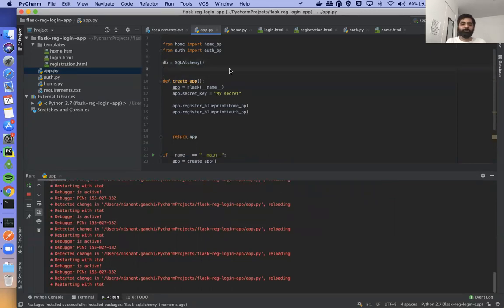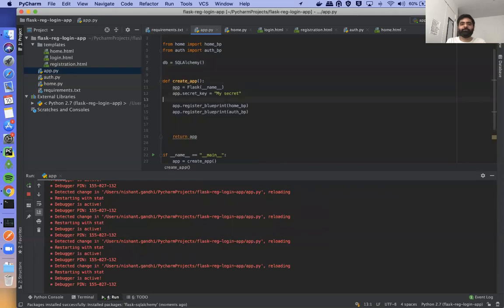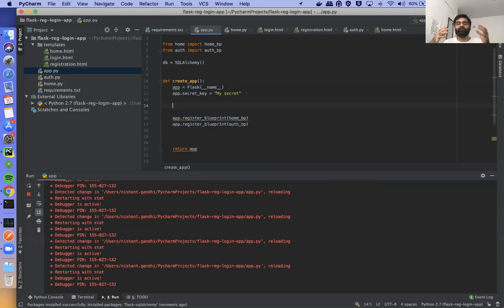We need to first define where we want to store our file. So SQLite is basically an in-memory kind of database. So it doesn't have a standalone service or standalone software. What it does is,